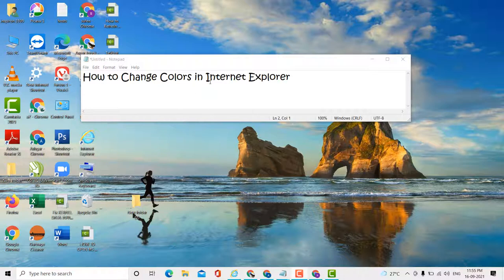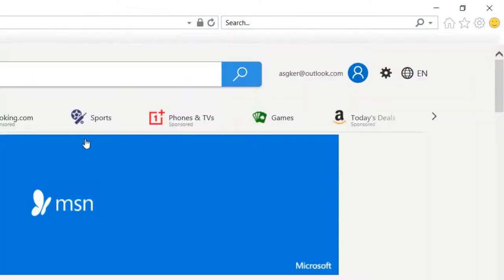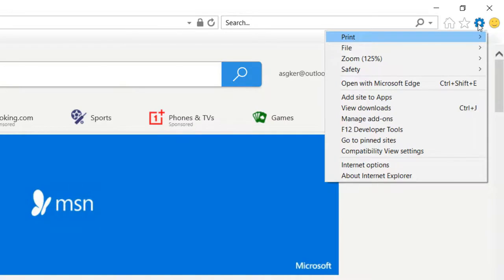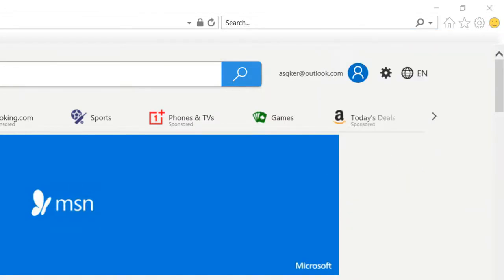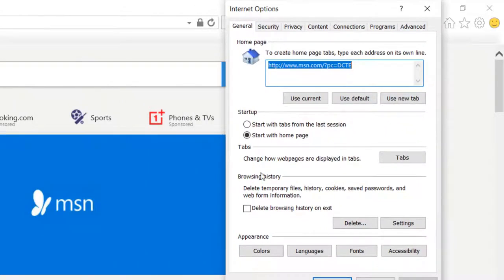So guys, if you want to change color in Internet Explorer, firstly open Internet Explorer. After that, click on the settings icon, click on Internet options, click on General, and click on Colors